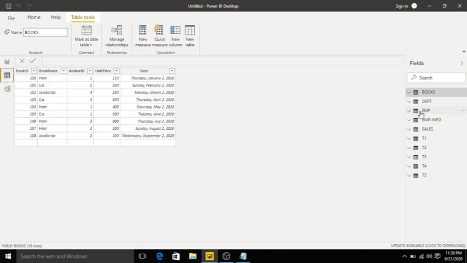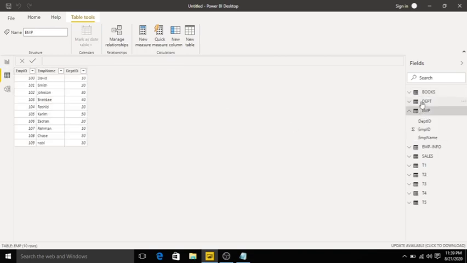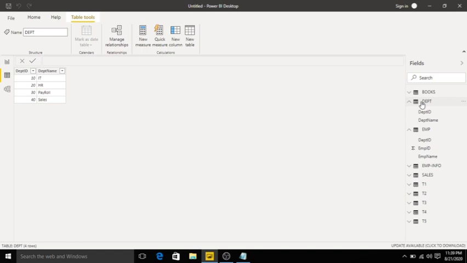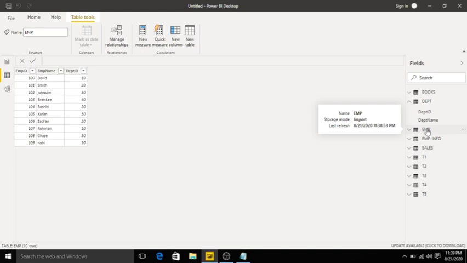I have an employee table and a department table. Now the requirement is I want to add the department name also to the employee table.